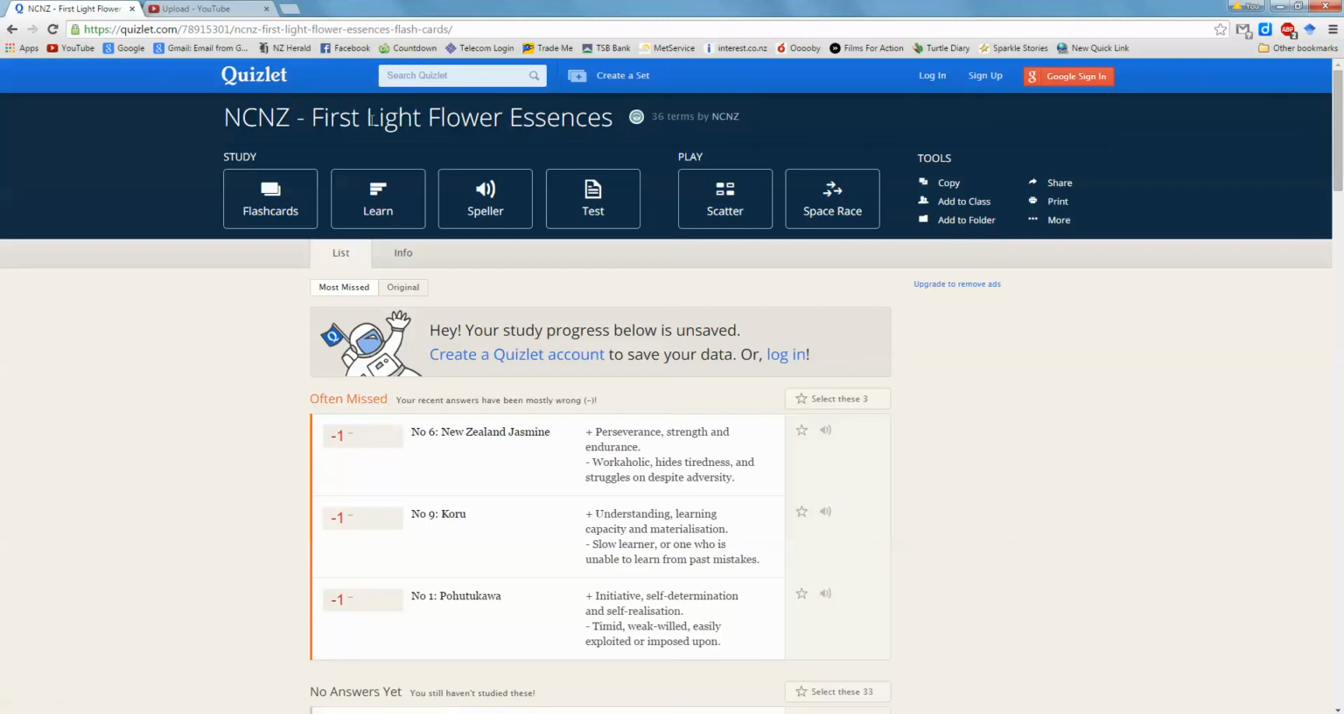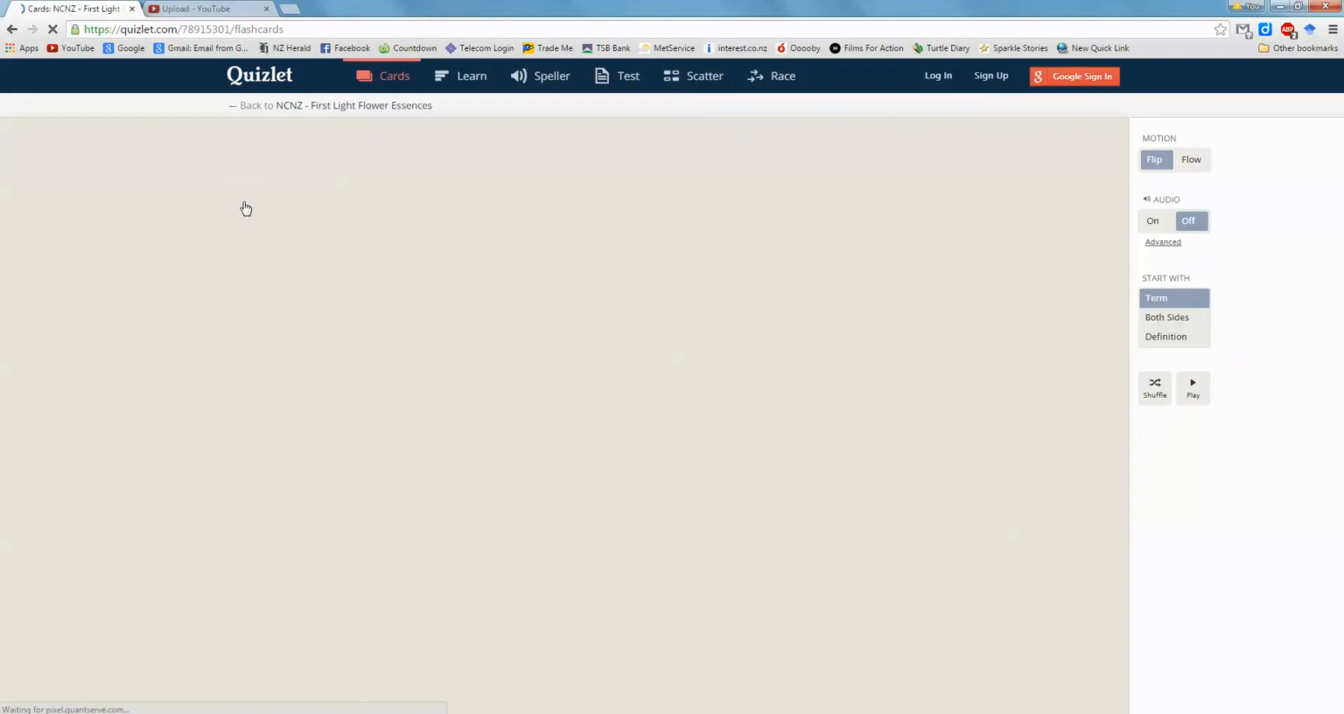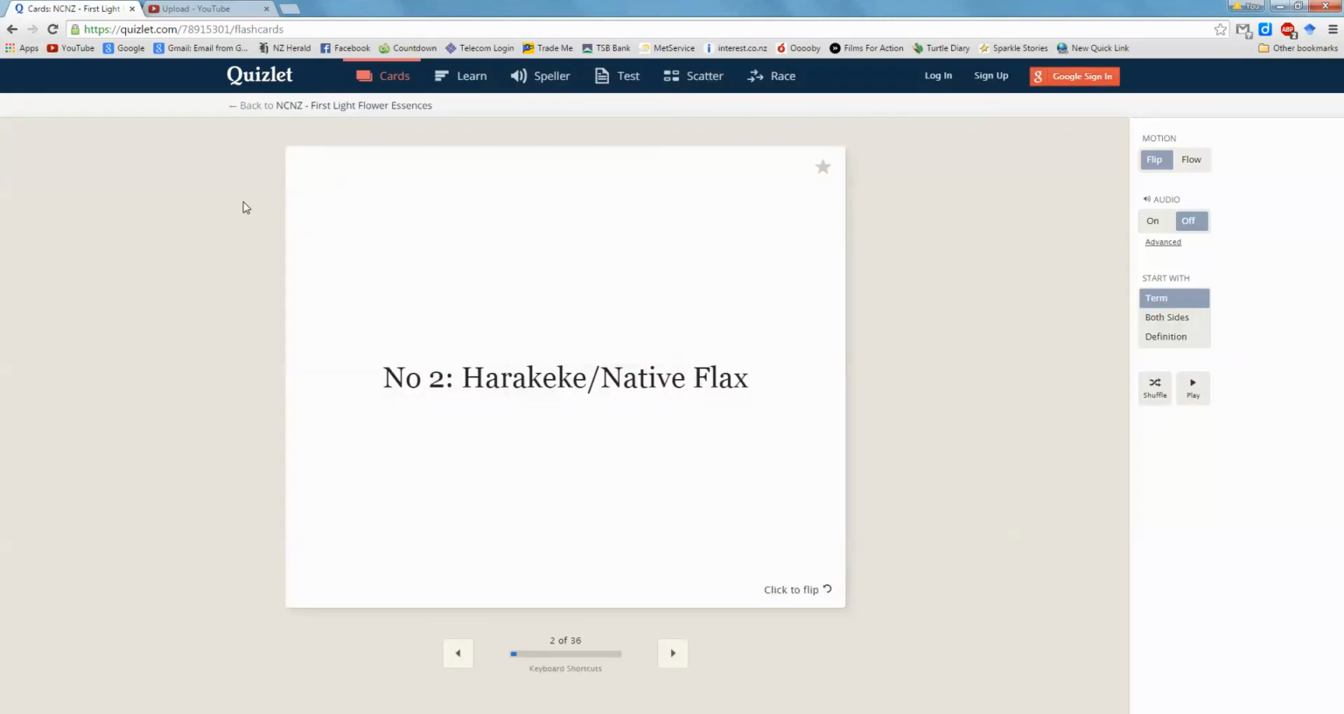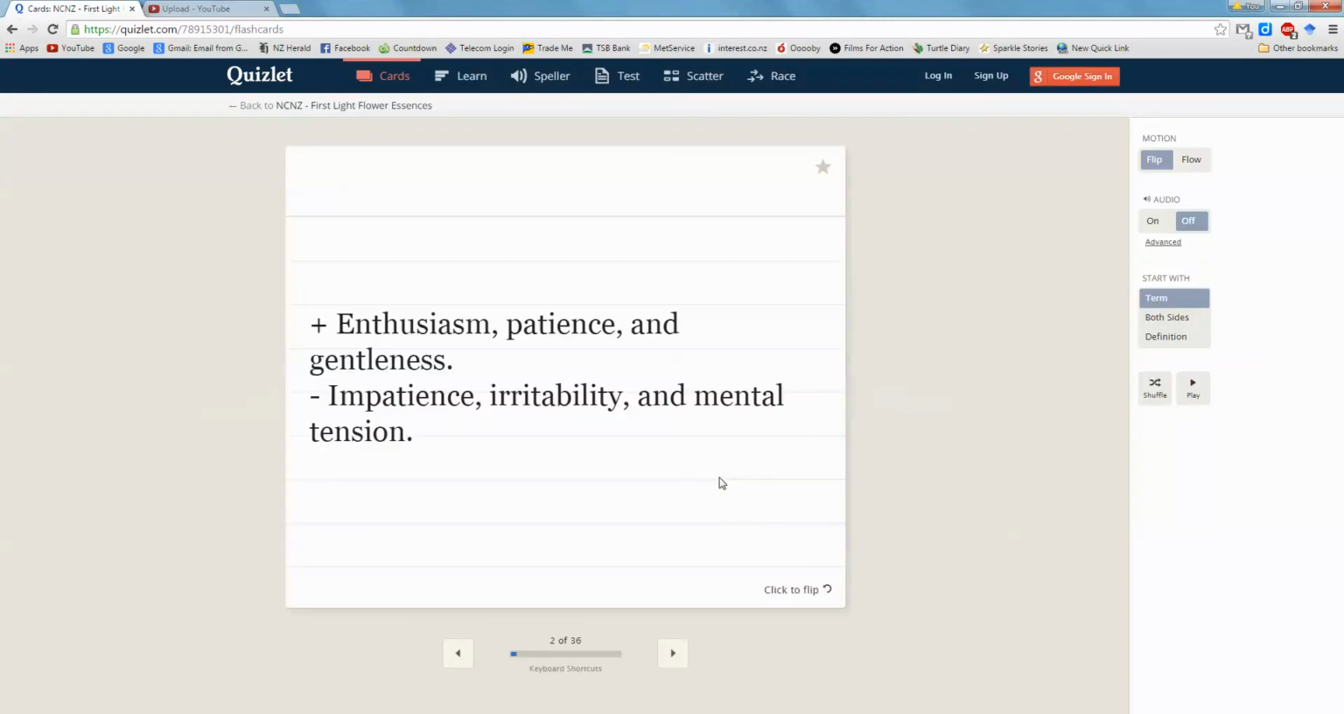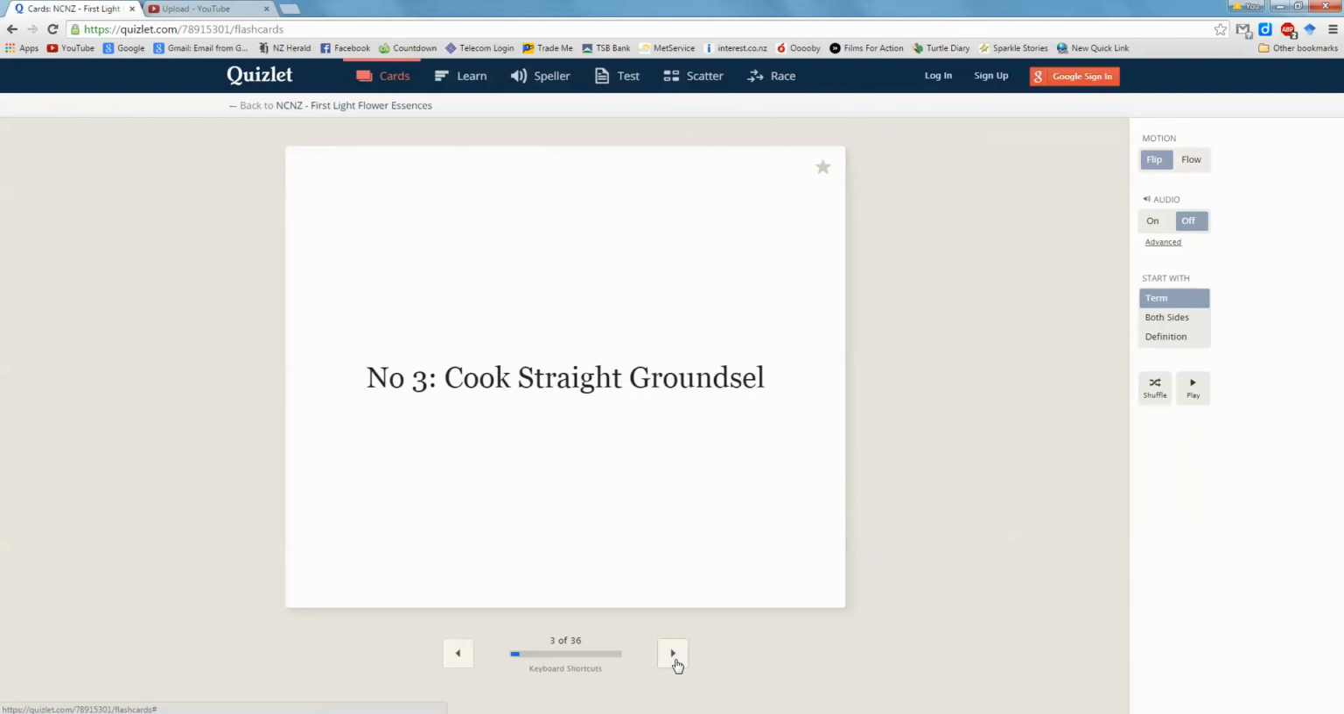So here we have our First Light flower essence cards. If we click on flashcards, it'll show them just like it did on the online campus, but they show up a little larger. So we click to flip, and we use the arrows to move forward. Now you'll see on the top here that there's also some other options. So if we click on Learn,